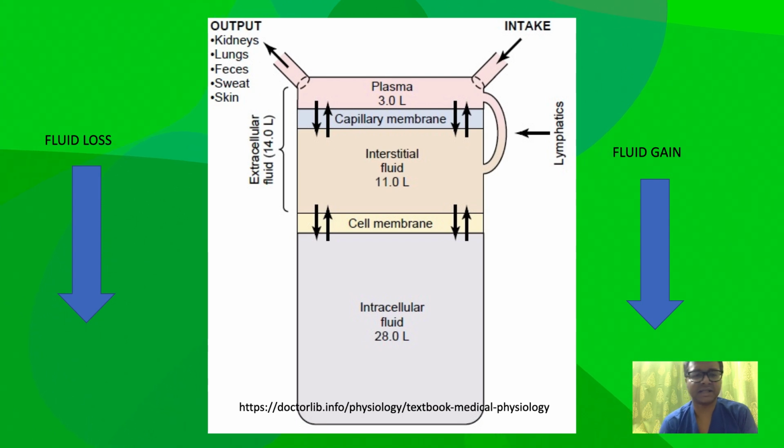Though plasma is the smallest of all compartments, it is peculiar that the intake that we give to our patients in the form of intravenous fluid will initially go to plasma and then distribute into the other compartments. On the other hand, if there is a loss, the loss primarily happens from the plasma compartment. So plasma, even though it is the smallest compartment, is the most important of all the compartments when we talk about fluid therapy. We must also talk